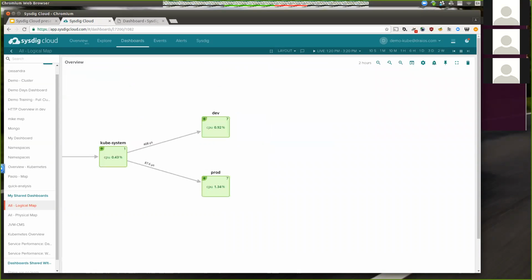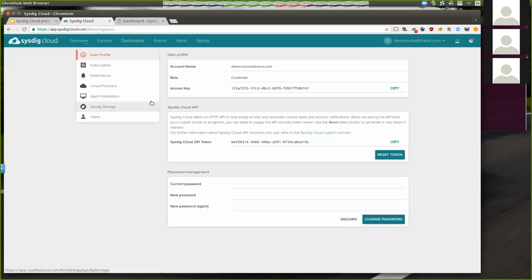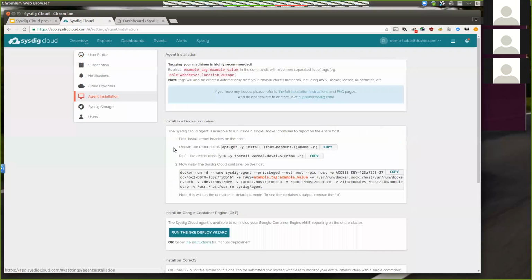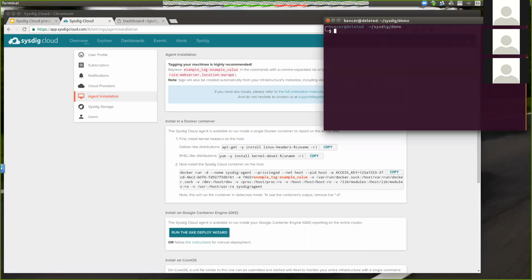And actually, this is something I wanted to show you live, to get at least a taste of how easy it is to deploy Sysdig across your infrastructure and get things monitoring very quickly. So if I go here to settings and I go to agent installation, we offer different installation methods, but if you want to install just running one container, I can copy this huge line, which is a Docker run command. And if I run this on my own laptop,